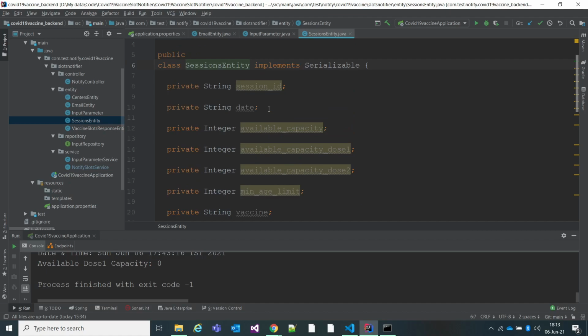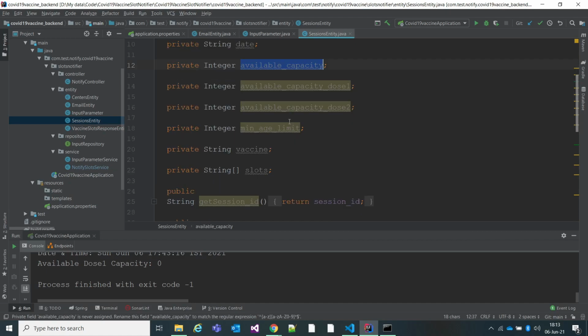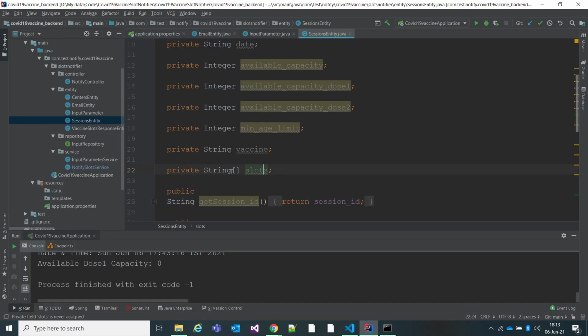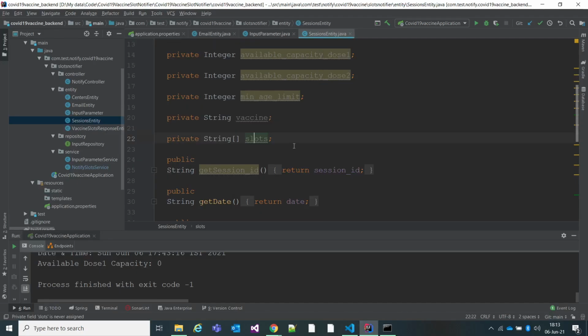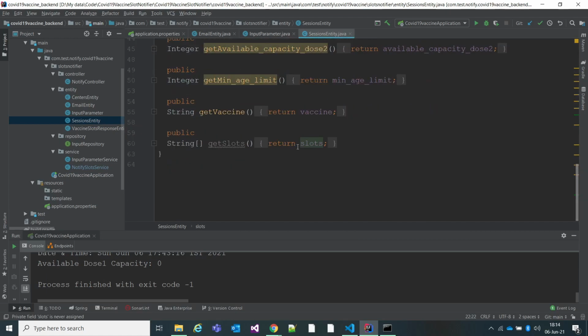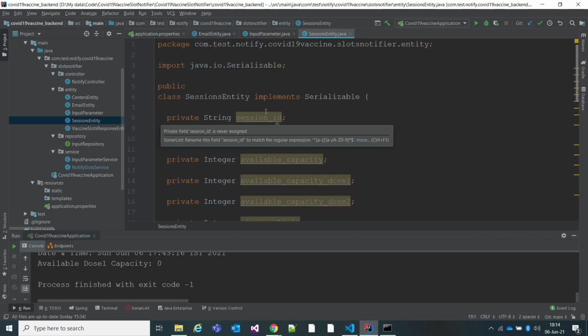Similarly, I have mapped session ID, date, available capacity, dose one and two, minimum age, vaccine, and slots. You can see slots is an array, a string array I have created, and just create the getters for this also. No need of any setters for these entities.